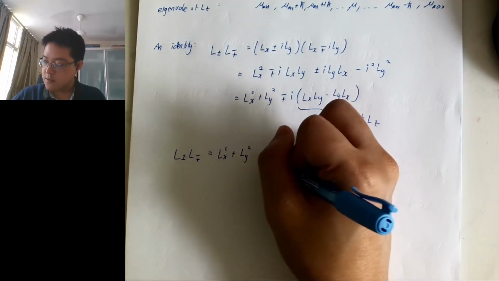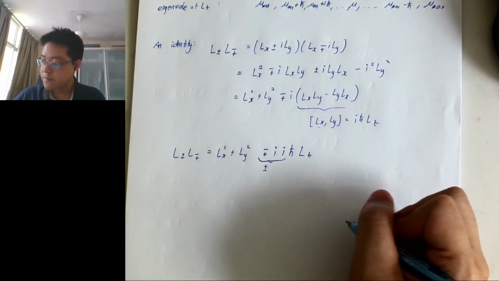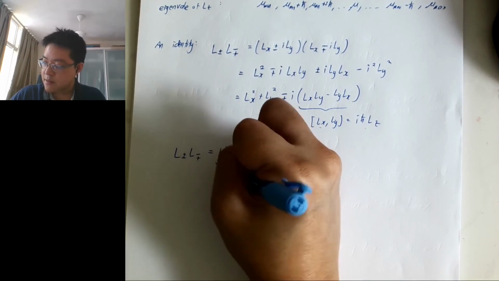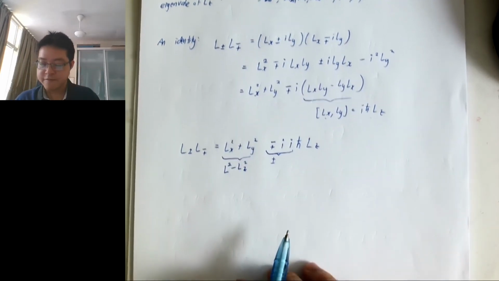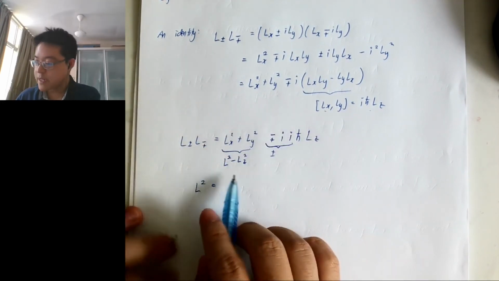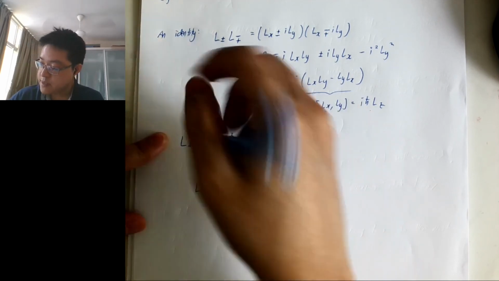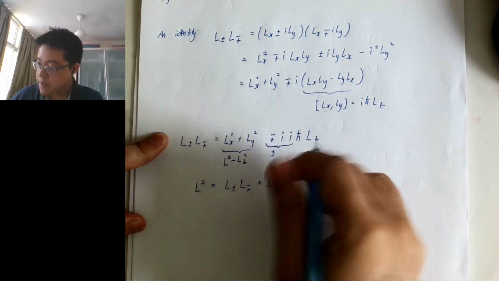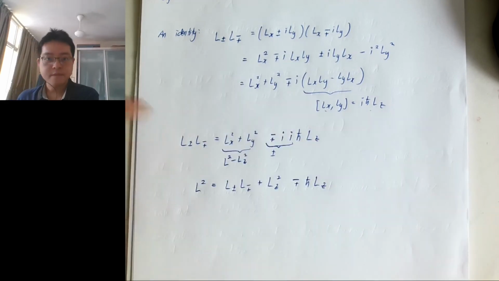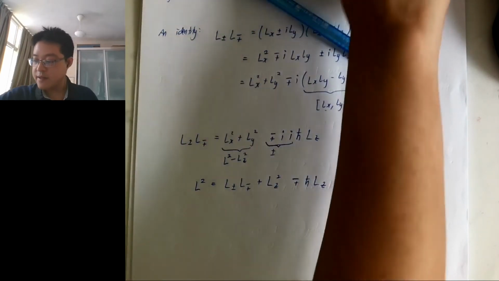Okay, so this becomes plus minus, right? So this set over here, let us express this in terms of L square minus Lz square. These two have common eigenstates, so we've emphasized this part as well. Okay, and then now I want to make this the subject of my equation. I bring everything to the left side. So I got L plus minus L minus plus. I bring this over, this becomes plus Lz square. I bring this over, this becomes minus plus h bar Lz. Okay, so now that I got this identity,